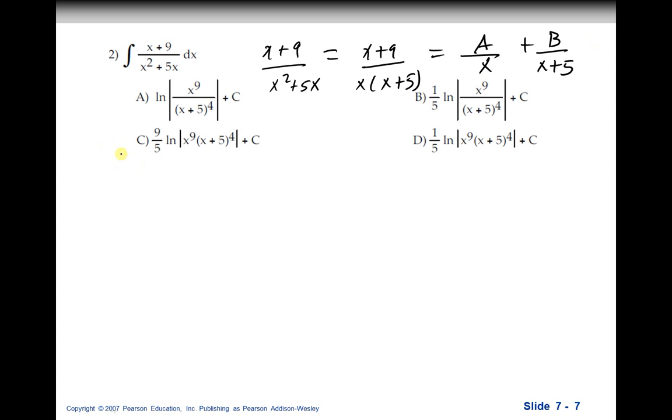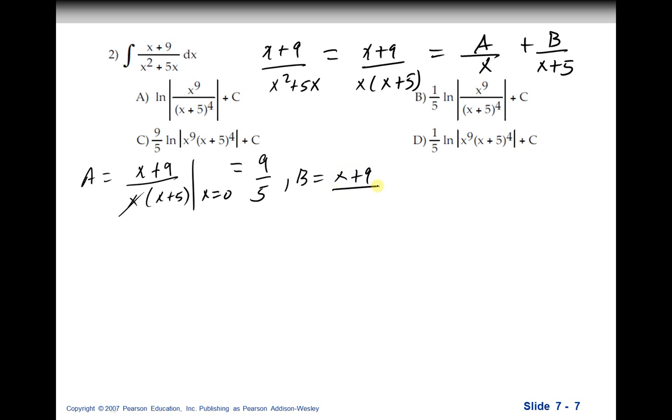And A can be written as (x + 9) over x, cover it up, times (x + 5), evaluated at x equals 0, and you get 9 over 5. And you get that B is equal to (x + 9) divided by x, (x + 5), cover it up, evaluated at x equal minus 5, and you get 4 over minus 5, equal minus 4/5. So we can write